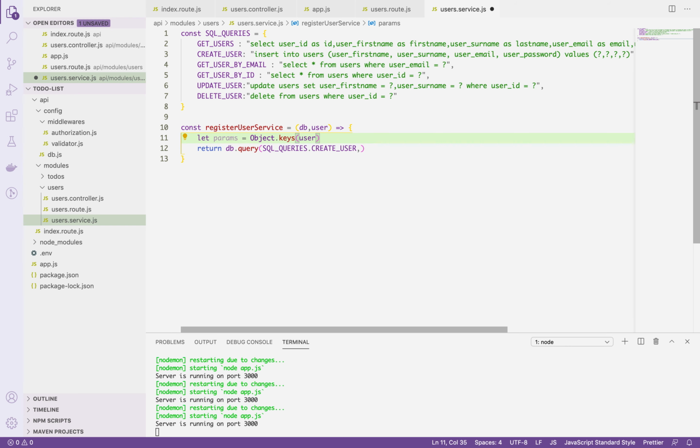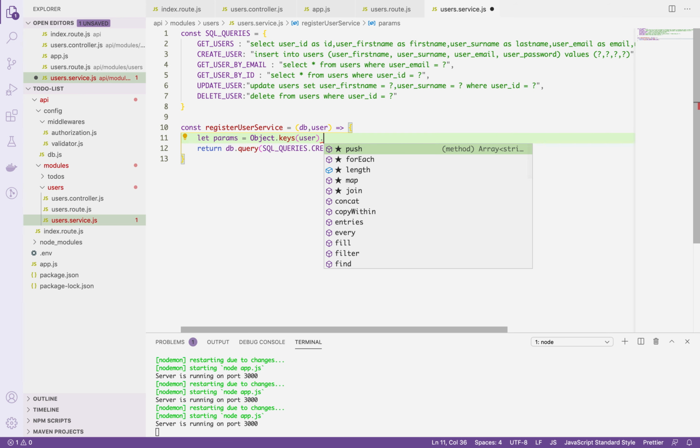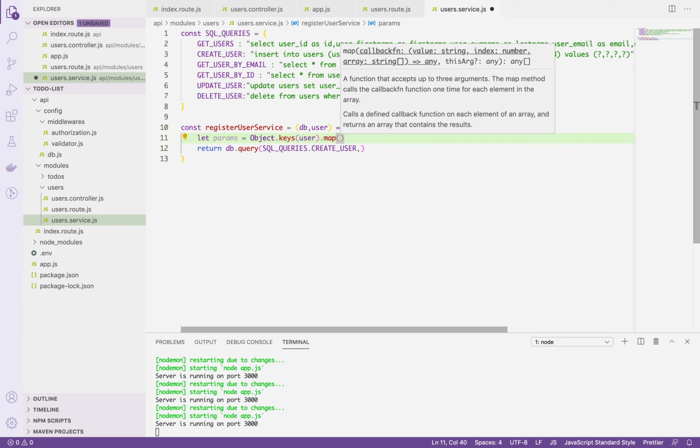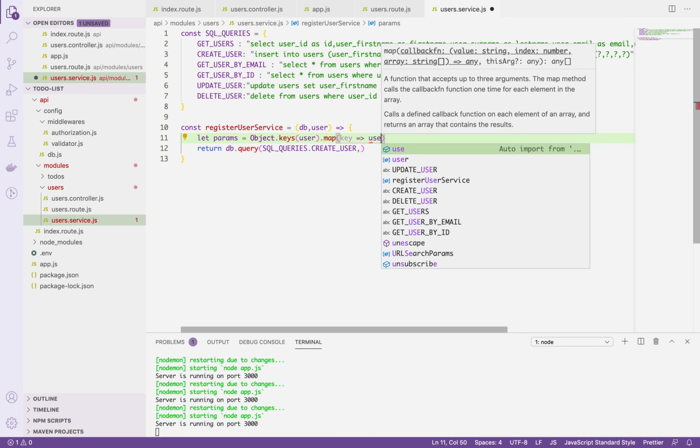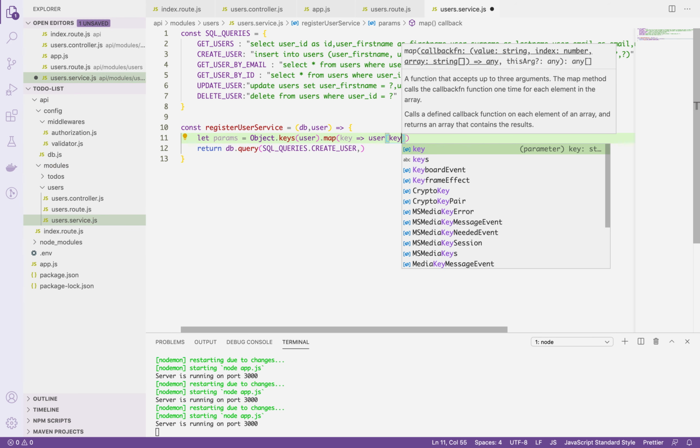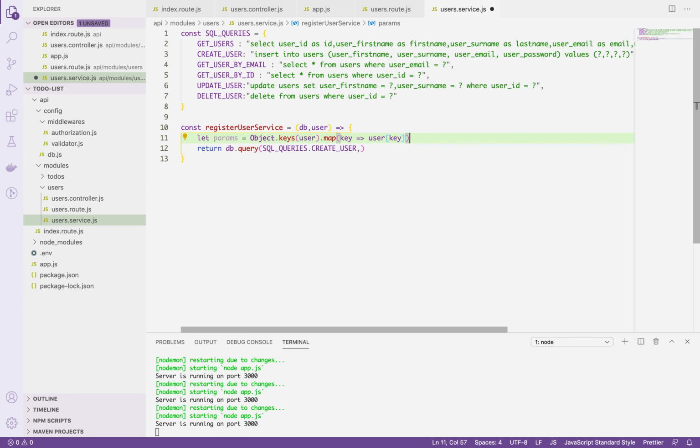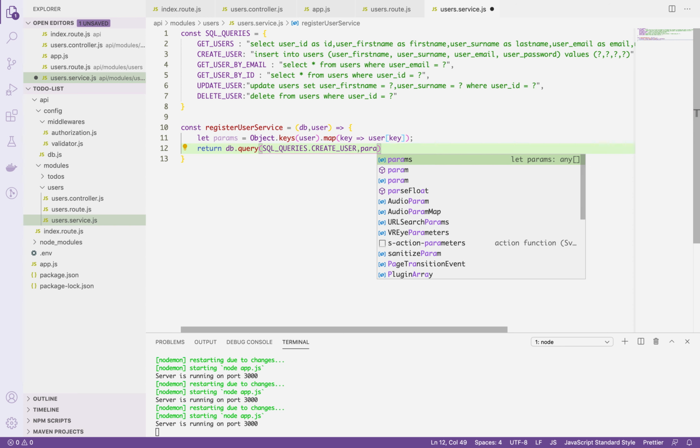And then we are running map function on this array. Callback will be key and we will return user[key]. So this whole thing will return us an array of the values that are present inside this user object. So now we will pass this params array here,